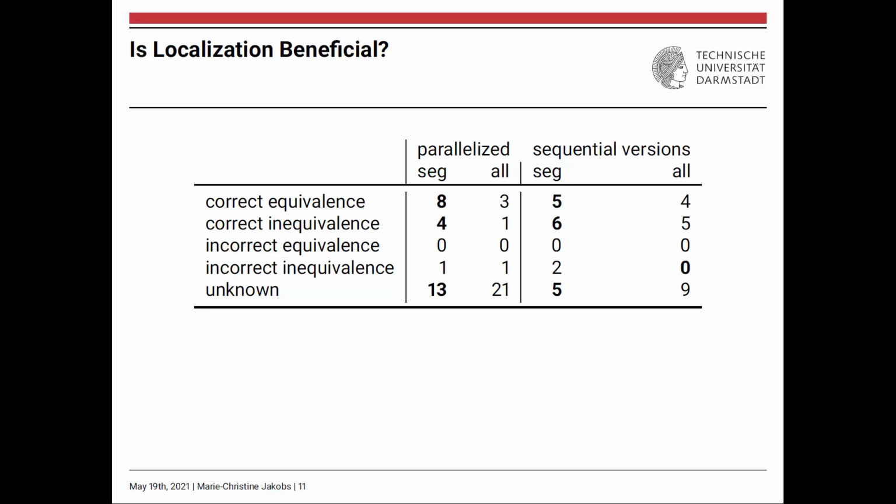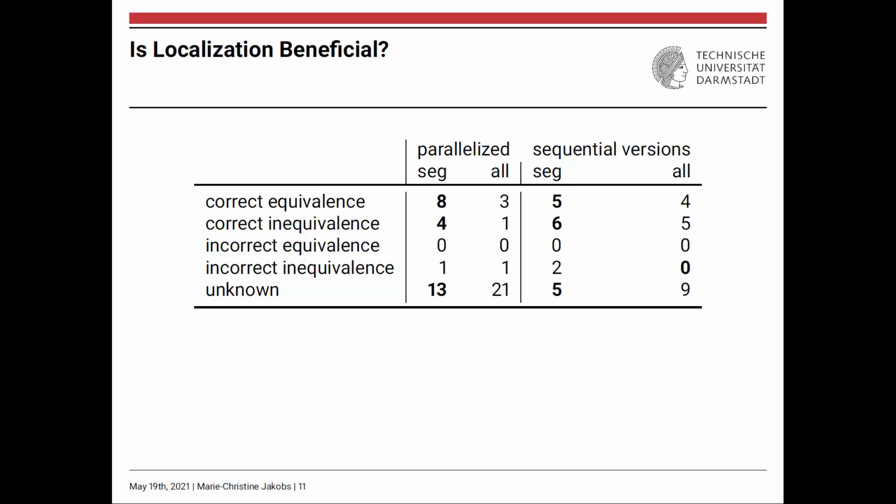So in our table, we highlighted those numbers which performed better in the respective category and scenario. So for correct equivalences and correct inequivalences, it's better to report larger values. And we see that indeed in the case of our two scenarios, the localization reported a higher number of correct